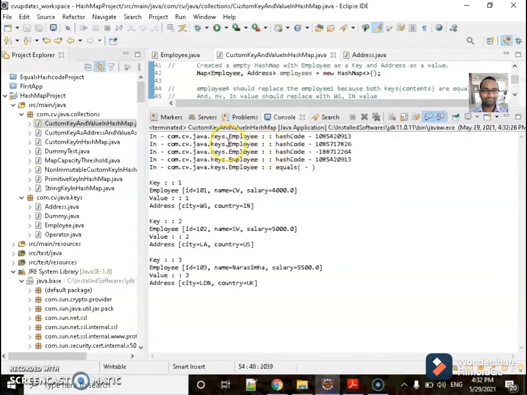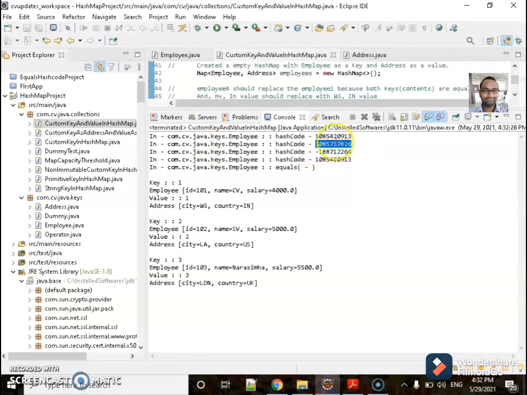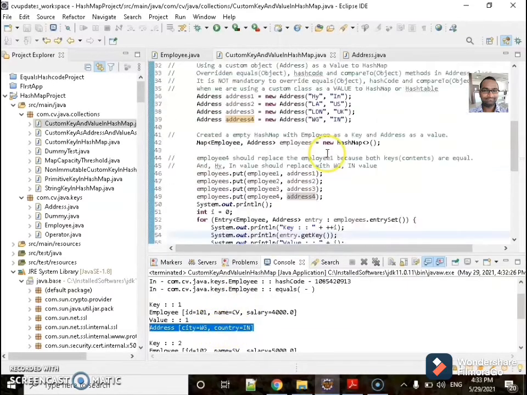If you can see, the Employee hashCode has executed 4 times, but the first 3 hash codes are unique. The 4th hash code is a duplicate of 1. So that is the reason it has executed the equals method, and it has printed the output: the address value has been overridden with HYIN.